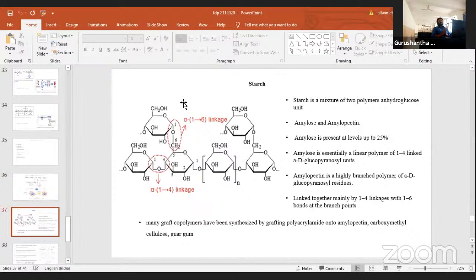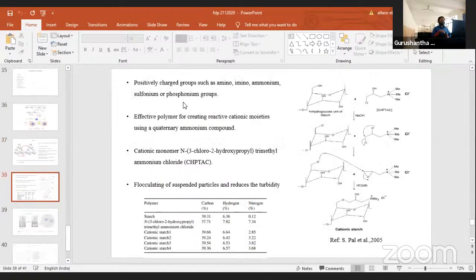Another natural material we can use as a flocculating agent is starch. Generally, we know that starch consists of two different components: amylose and amylopectin. Amylose is in the range of 25%, and amylopectin makes up the remaining percentage. Amylopectin has 1,6 linkages and 1,4 linkages, which consist of amylase. If you want to modify this particular starch, we can modify it